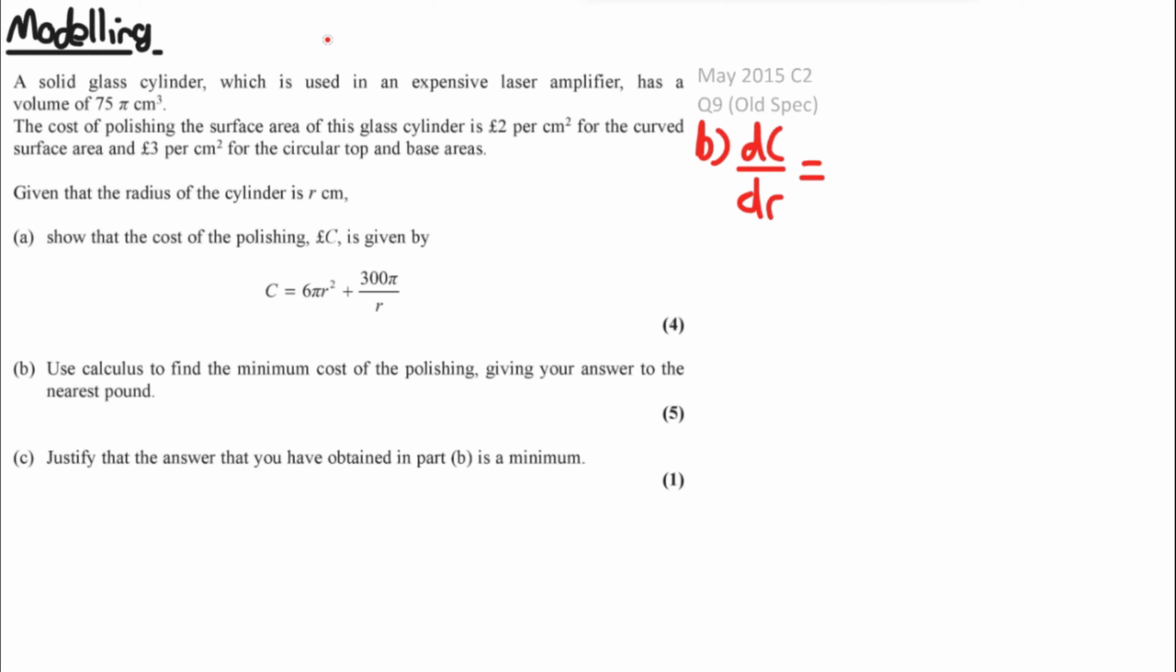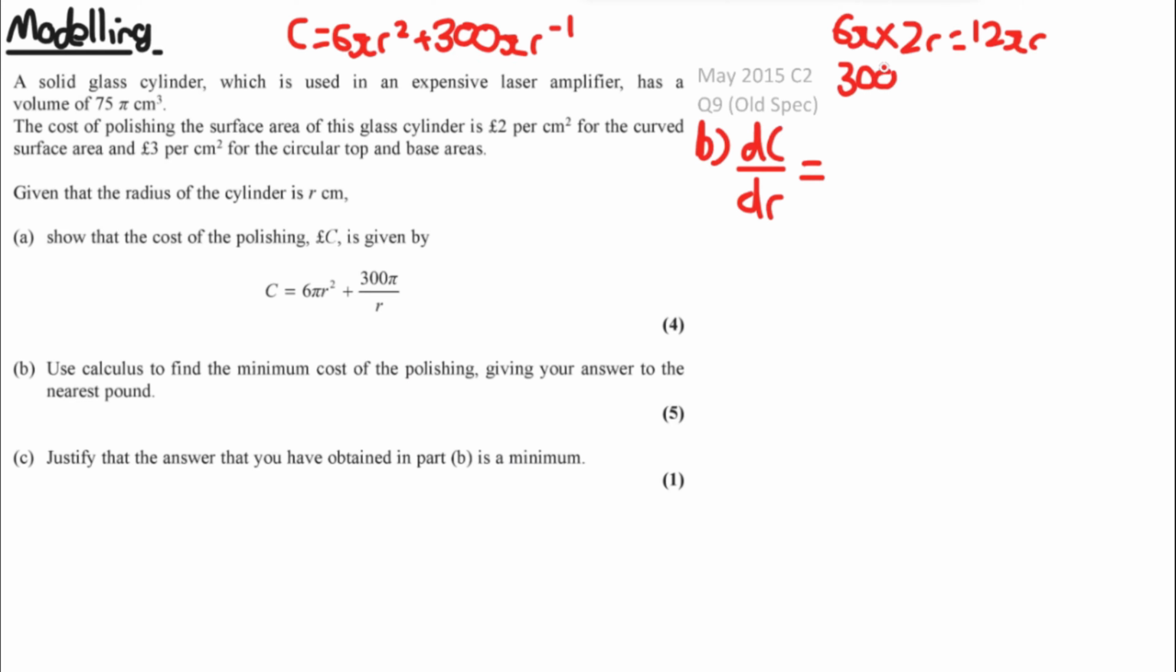First of all, let's write this in a bit of an easier form to differentiate. Let's do C is equal to 6 pi r squared plus 300 pi r to the minus 1. Then we differentiate the terms individually. 6 pi r squared is going to be 6 pi times, and r squared differentiated is 2r, so that's going to be equal to 12 pi r, and then 300 pi r to the minus 1 is equal to 300 pi times, and then r to the minus 1 differentiated is minus r to the minus 2, so this is equal to minus 300 pi r to the minus 2. So dC over dr is 12 pi r minus 300 pi r to the minus 2,